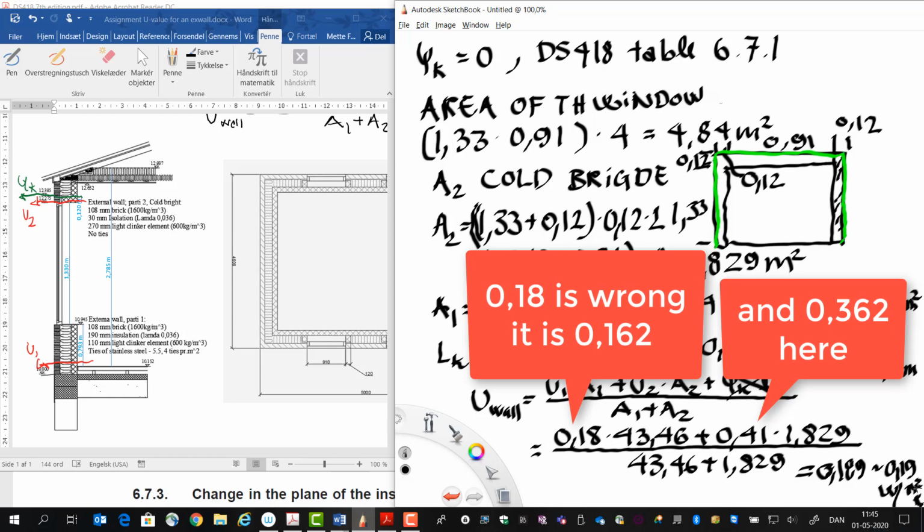So this is how you calculate a U value when you have a construction where you have a cold bridge. So hope this can help you when you're going to calculate the U value for your heavy external wall